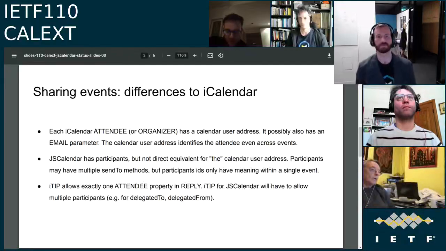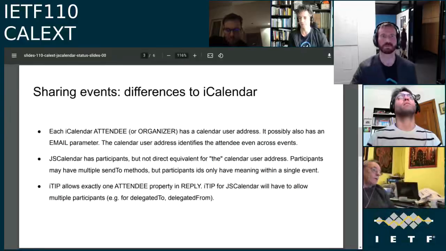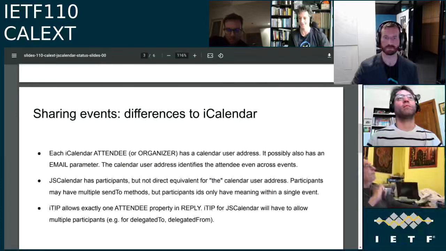So if there are multiple, almost certainly, yes, the IMIP one, if there was an IMIP one in there, is the one that should go into the iCalendar as the value. Just take that. Yeah, and if everyone agrees, that's the same decision, assuming that there is at least one mailto URI in the sendTo, of course, or one IMIP method. I'm just saying that if we had one specific property, be that UID or calendar user address or whatever, it would be totally clear which one to use in the mapping.